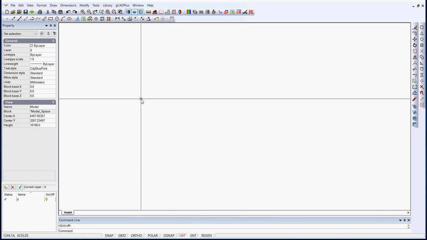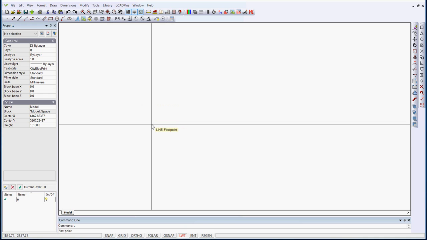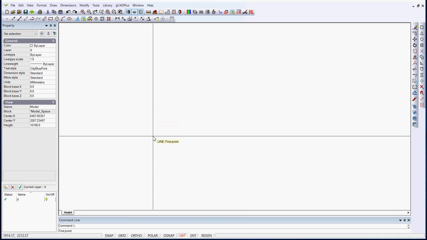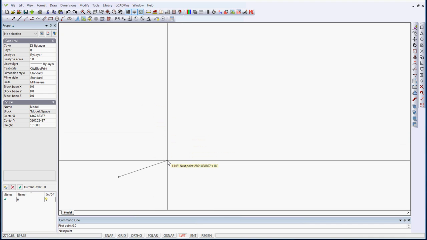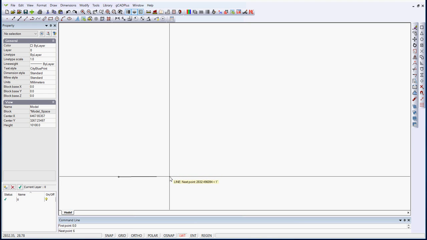Again, I'll start the line command. I'll hit L on the keyboard and hit Enter. That starts the command. And for my first point, I'm going to type Cartesian coordinate 0,0. That anchors me at the centre, if you like, of the plus X and the plus Y directions. For my first point, I've put in Cartesian coordinate 0 in the X and 0 in the Y. And now I can put in the 600, so we can say our next point will be Cartesian coordinate 600, sorry, it's 800, isn't it? 800,